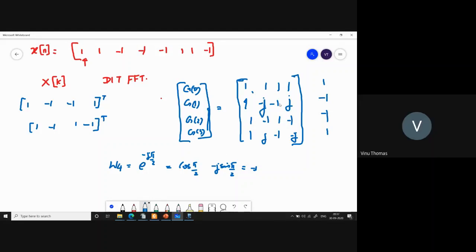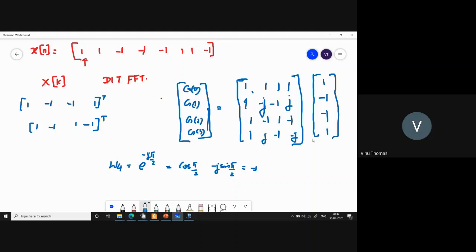So minus j whole squared is minus 1. Minus j whole cube is j. This is minus j the whole squared, minus j the whole raised to 4, minus j the whole raised to 6. This is minus j the whole cube, minus j the whole raised to 6, and minus j the whole raised to 9. So that is why you have this. Is it understood? So this will multiply my numbers 1, minus 1, minus 1.